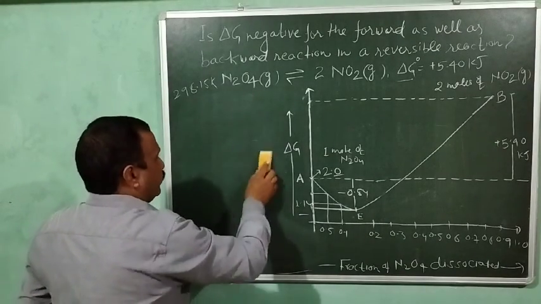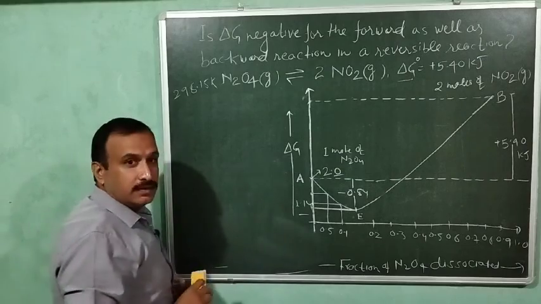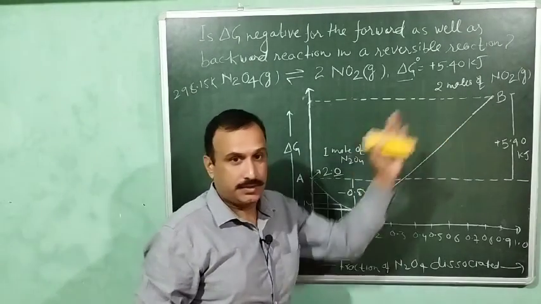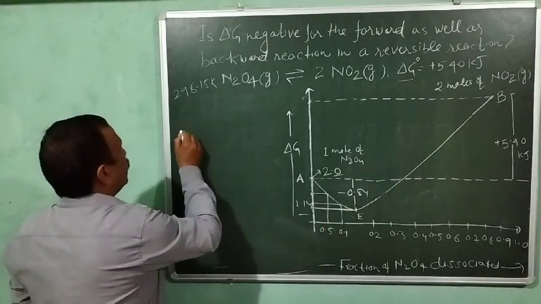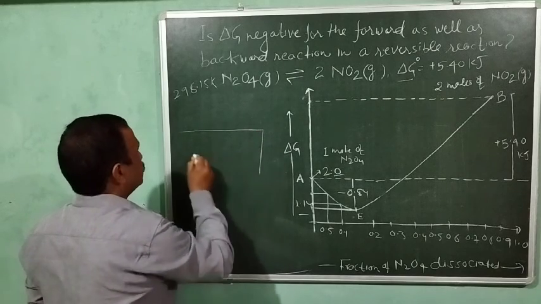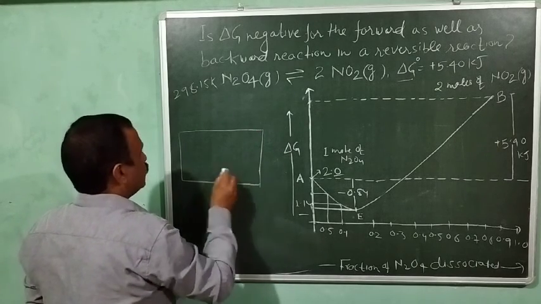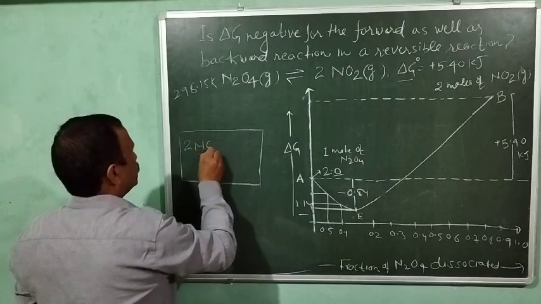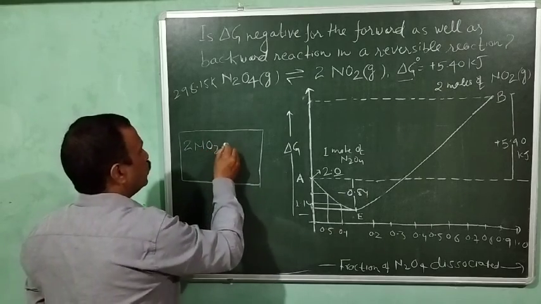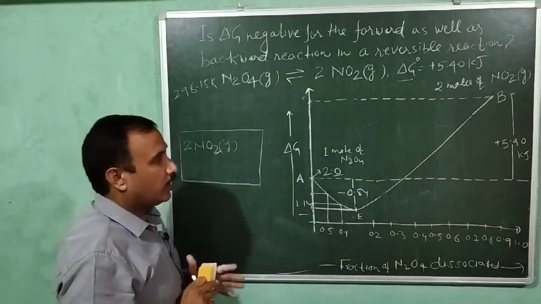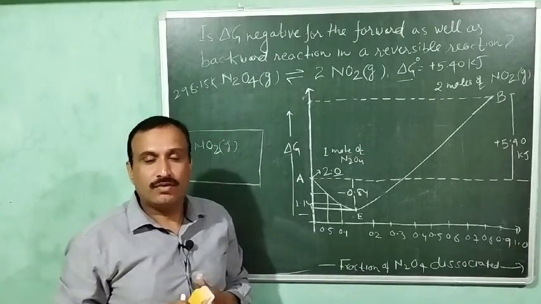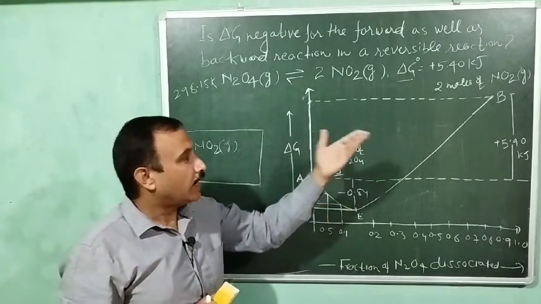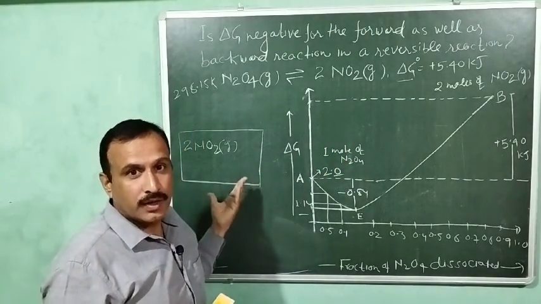Now let us try to attain the equilibrium from the product side. So what I will do here, I will take 2 moles of NO2 in a closed container, and in the beginning we will have 100% NO2 in this reaction,